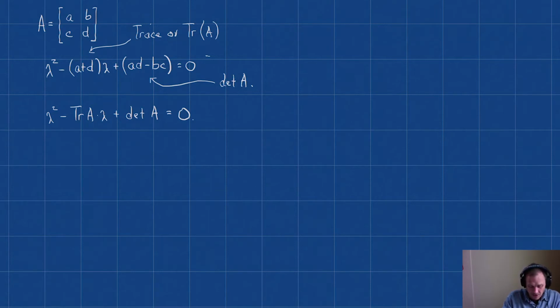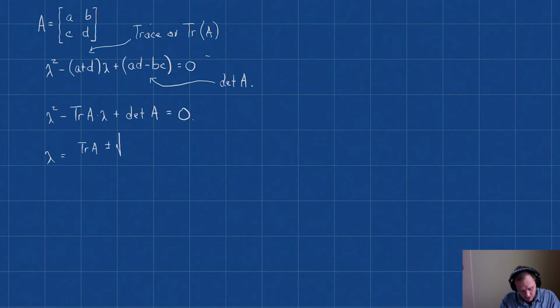Let's try an example to see how this works. But first, remember, the ideal solution is that you can solve this by factoring, but oftentimes you can't. So how would you solve this? Well, this is a second order equation, and you solve it with the quadratic formula. So lambda is equal to minus the b term, that's minus the trace of A, so it becomes the trace of A plus or minus